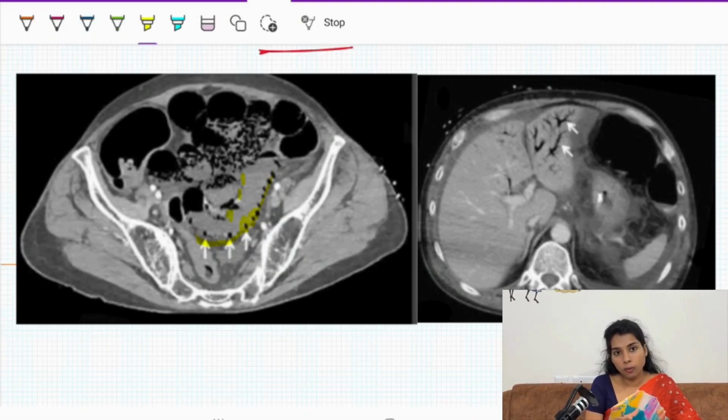Now, before we go to portal venous gas, we'll learn about what enterohepatic circulation is. Enterohepatic circulation basically means that from the aorta to the celiac, superior mesenteric artery, and inferior mesenteric artery, the blood supplies the bowel. From the bowel, it goes to the superior mesenteric vein, inferior mesenteric vein, and splenic vein, back to the portal vein to the liver, liver to sinusoid, sinusoid to hepatic veins to IVC. This is how the blood flows in our body. So the connection between the bowel loops and the liver is basically enterohepatic circulation.